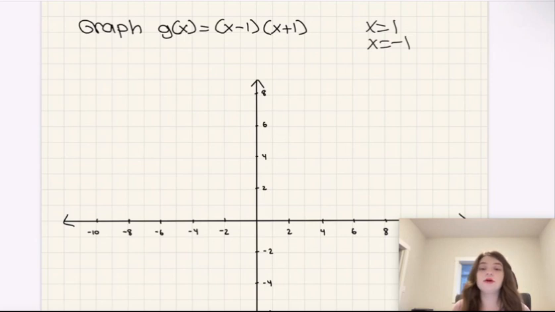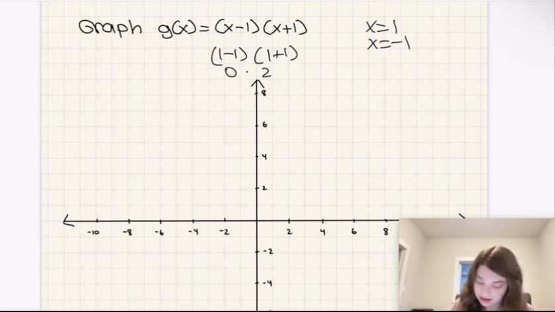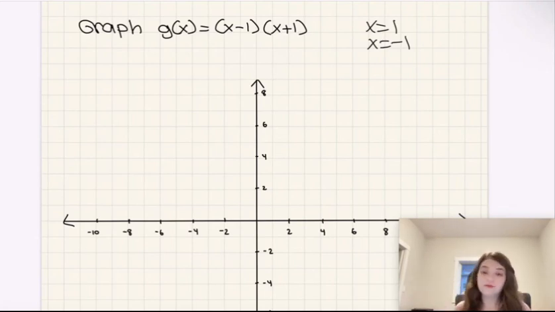Because keep in mind, if we were to plug in 1 into this equation, we would get 1 minus 1 times 1 plus 1, and that is really just 0 times 2, and as we know, 0 times anything is 0. And a similar argument can be made for the second part as well. If we were to plug in negative 1 into this equation, then this second part of the product would end up being 0, and it would be 0 times some other number, and that's just going to give us 0. So I'm going to graph 1 and negative 1